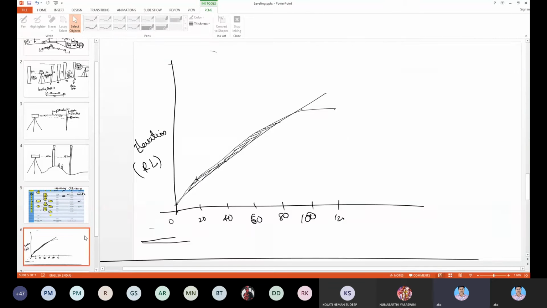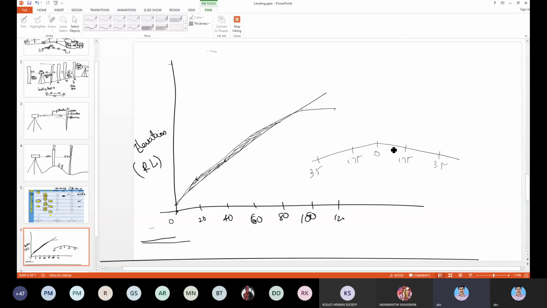Similarly, I also told you at all points we have taken the side profile also, that is transverse profiles. Now along with that, you will draw how the road looks transversely. So we will do this in AutoCAD also. So this is 0, the center line. Then how much you got at 1.75, then how much at 3.5 meters. So we'll draw the profile like this.